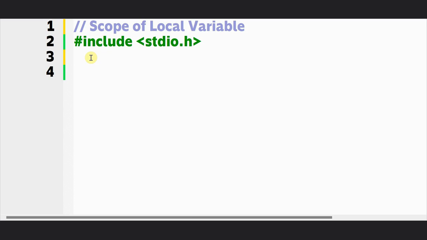In this tutorial, we will understand the difference between global variable and local variable and what is the scope of the individual variables. So let us first start with the local variable. Let me open my main function,